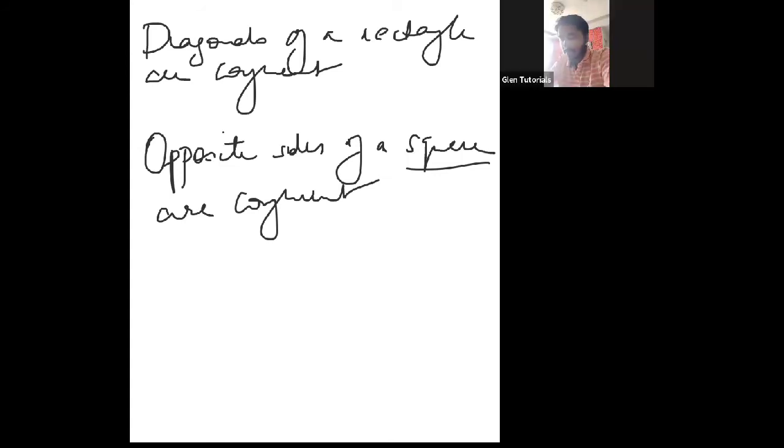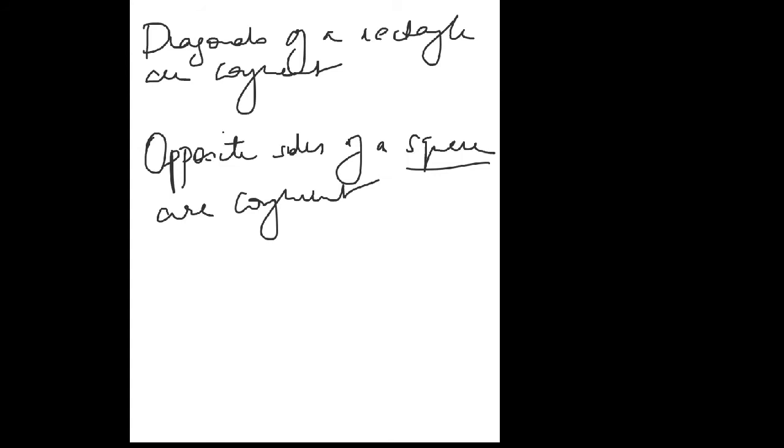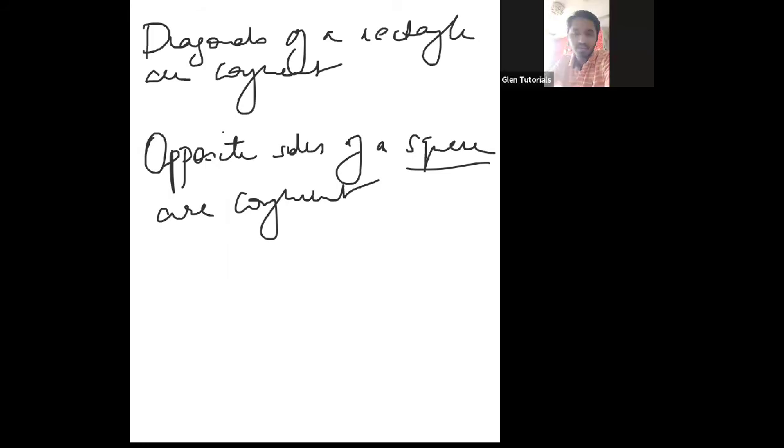Superb. If a quadrilateral has opposite sides congruent, then that quadrilateral is known as a square. Perfect. Superb, Alistair. Okay. If others also knew something of this, then you are close to the correct answer. That means you are understanding. If you are blank, that means you have still not understood.